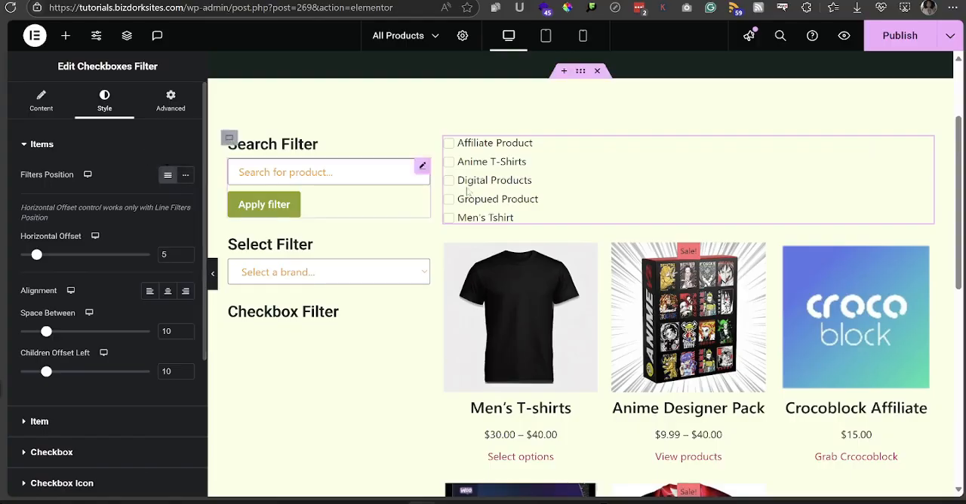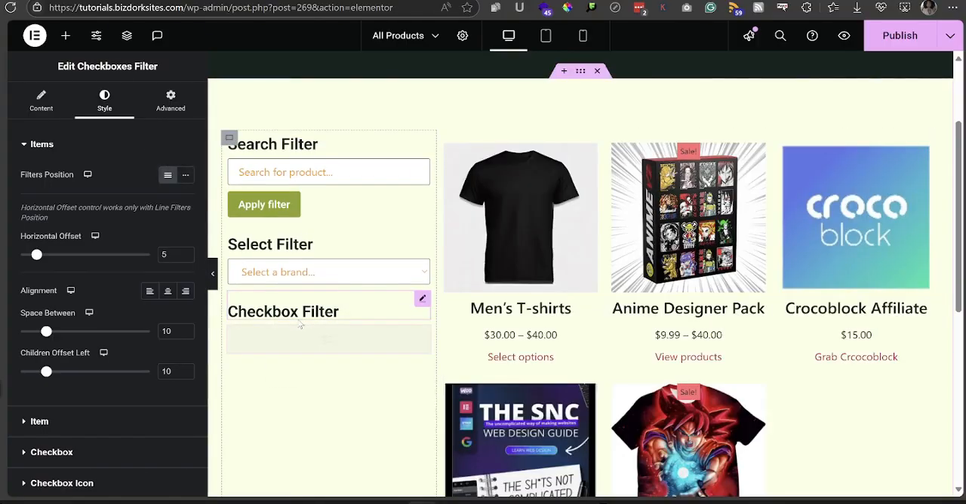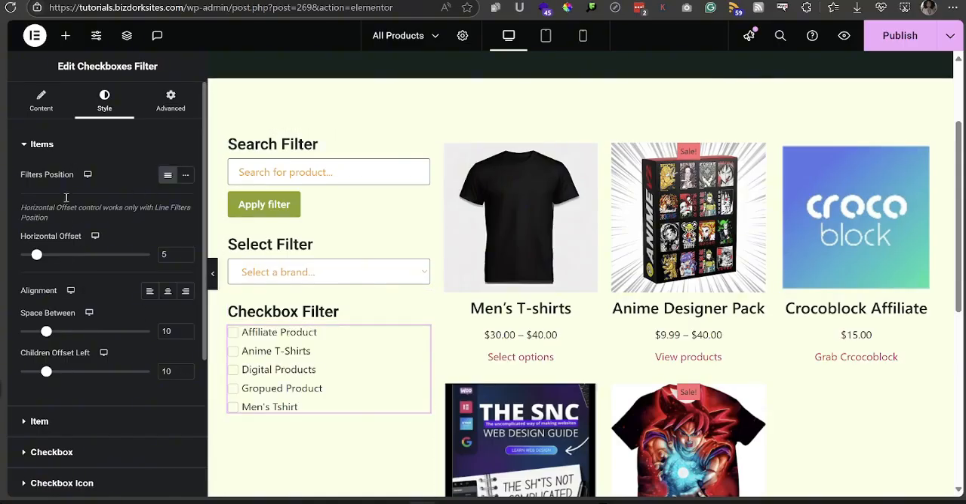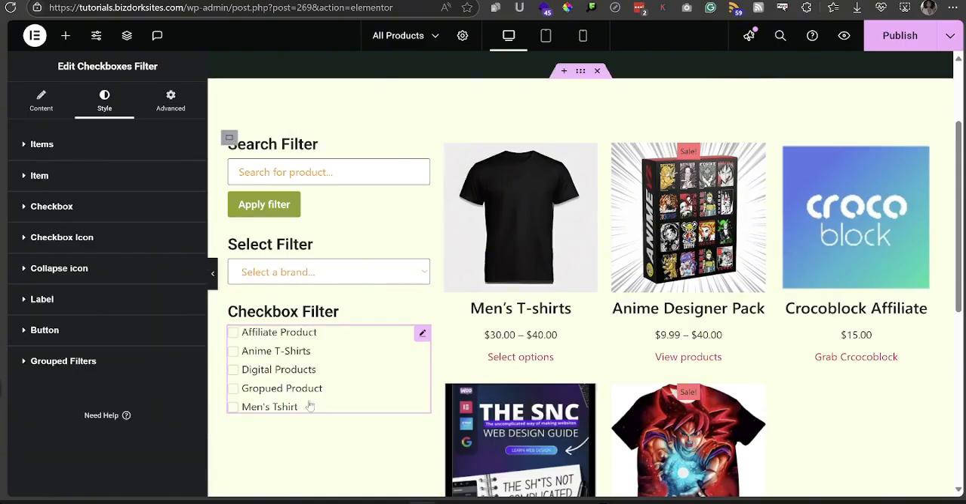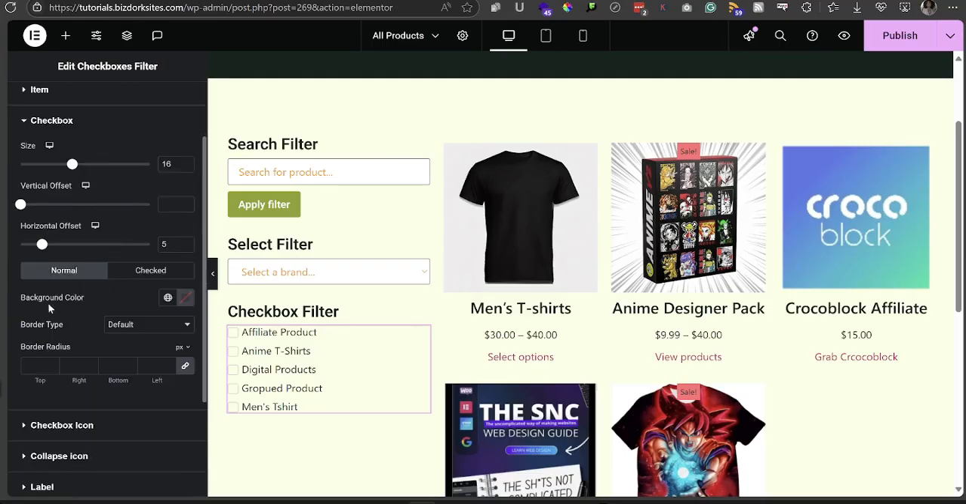We're going to put this back at column and we're going to just bring it right back down here. So of course there are some other options you have right here to edit. So everything here is for this checkbox filter. One of the things I do want to do is go to the checkbox, and I want to actually change